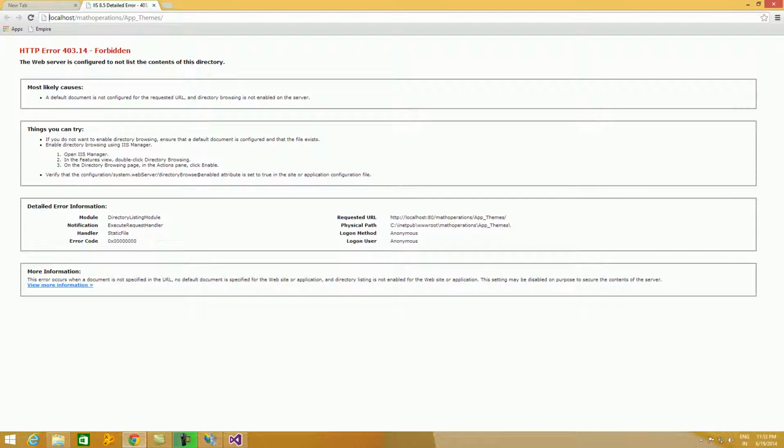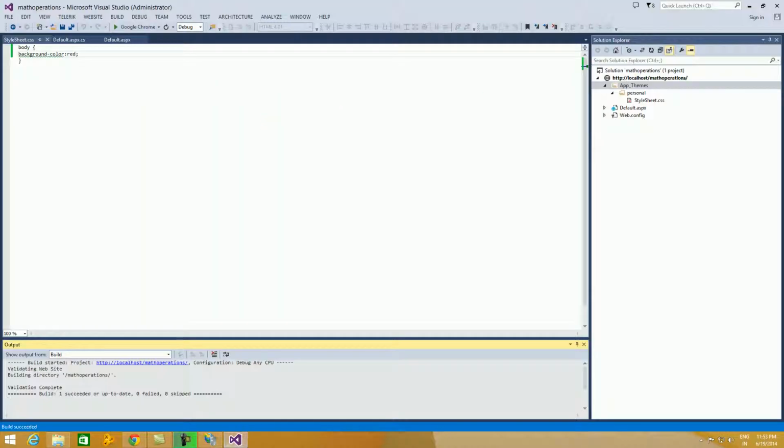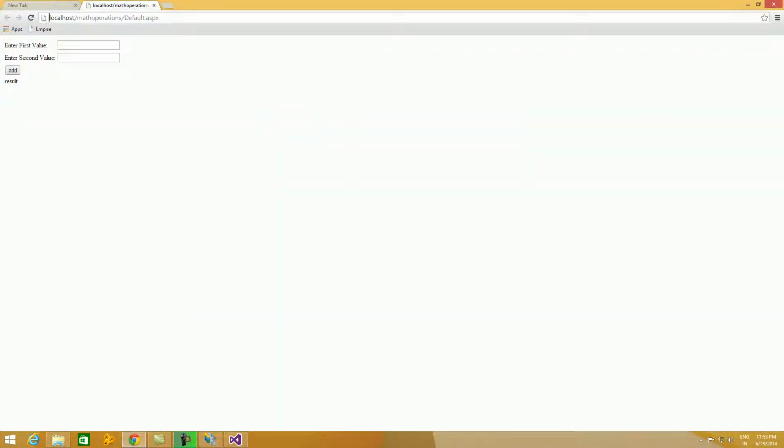Okay, so it is saying that the web server is configured to not list the contents of this directory. See here, see the URL. The URL is trying to browse the contents of the app_themes folder, which is wrong. So what you need to do is go to the web page. Now try to run. So the arrangement is exactly like the previous